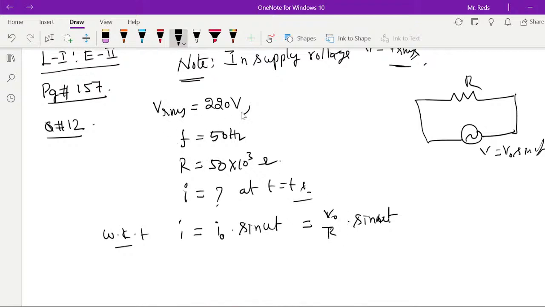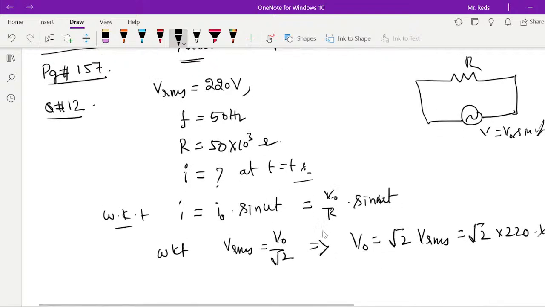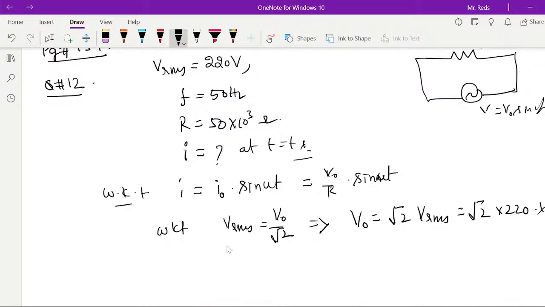Here the RMS value of voltage is given, but the peak value is not given. Then how to find this? We know that Vrms is equal to V naught by root 2. From this, V naught is equal to root 2 times Vrms, which is root 2 into 220. So root 2 into 220 volts is V naught, divided by R. R is given as 50 kilo ohm, 10 to the power 3. If we say this is equation 1, and you substitute here, we get I is equal to,